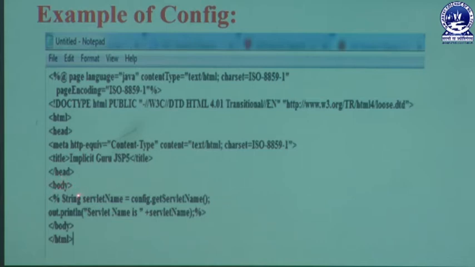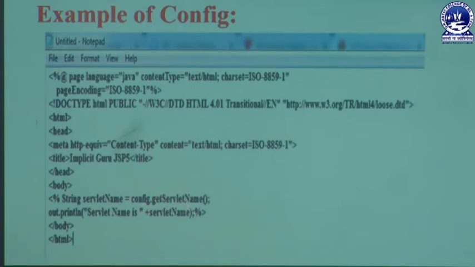In that body section we are writing a tag that is known as the scriptlet tag. In that scriptlet tag we are writing a string with a string name that is known as servlet name. In that servlet name we are mentioning config.getServletName method. That means this config object helps to invoke that getServletName method.